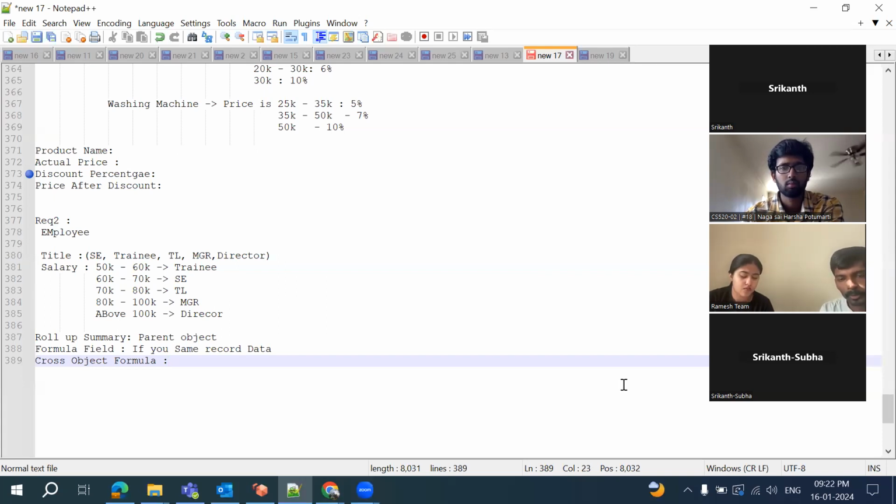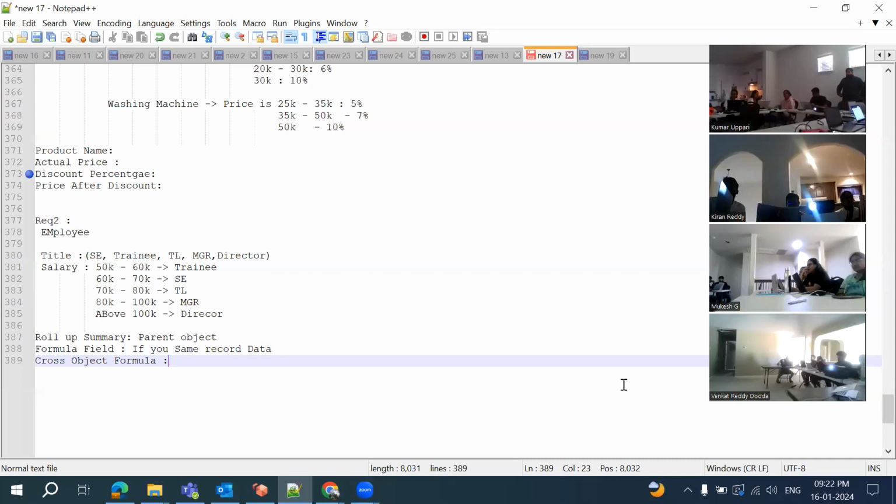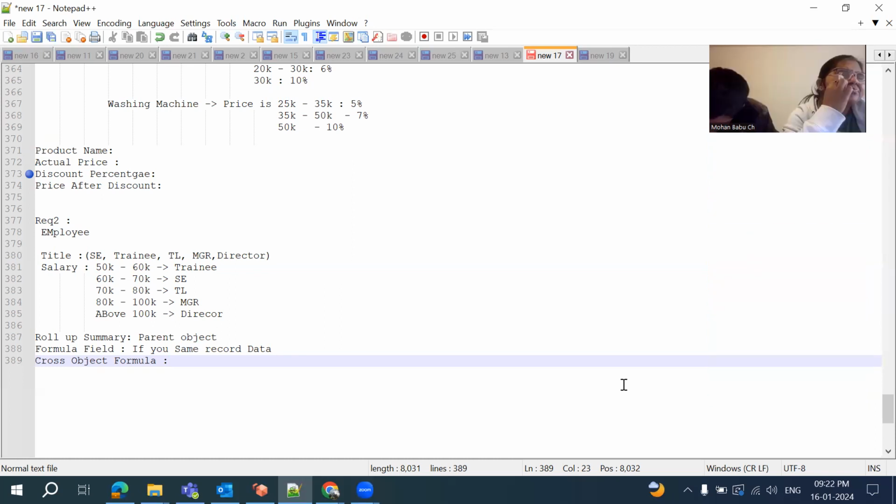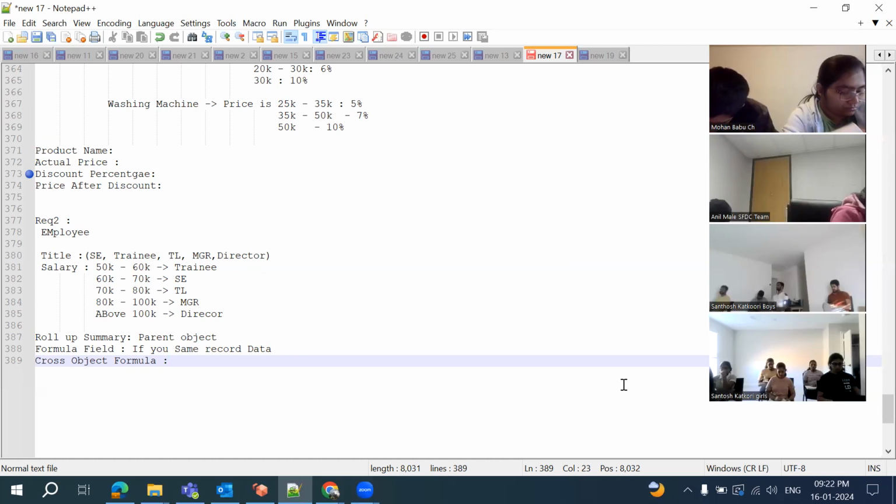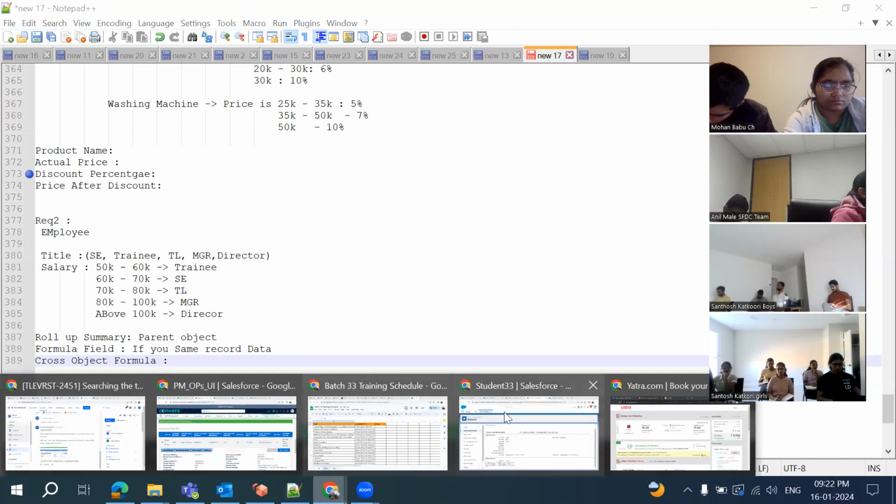So sometimes we need to display parent object information in our child object. So if you would like to display those kind of parent information in child object, we are going to use this cross object formula field. It's not like a hypothetical implementation. So similar way, yesterday how we created a formula field, similar way we are going to create this cross object formula field. But the only thing is we are referring